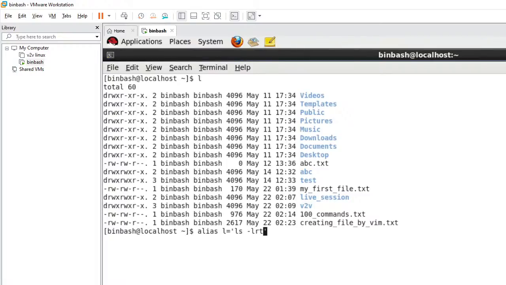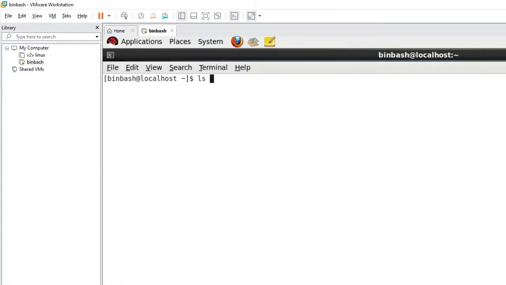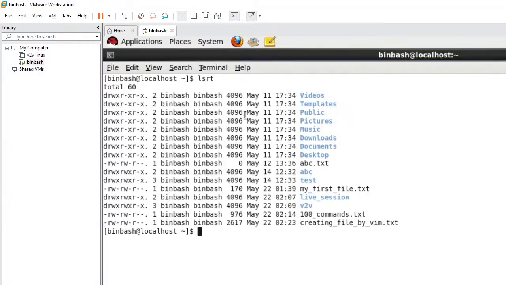So you can create any type of alias. So if I do alias lsrt, so if I do lsrt, this will be the output. So the question here is,